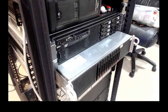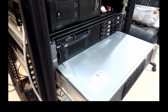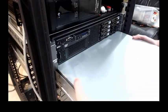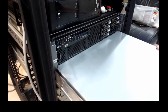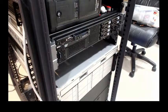I did also unplug the KVM and network cables from the back of this. And for now, I'm just going to try and not break my arm again and get this out of here. And I've never done a live stream before, so I am going to try to...